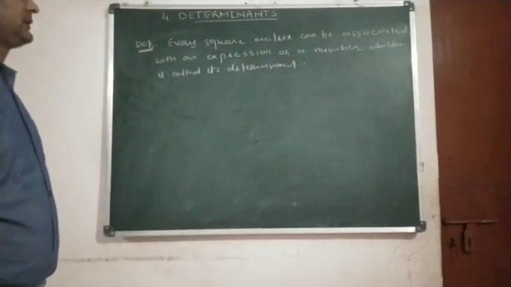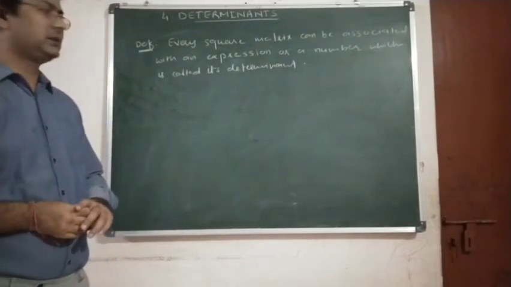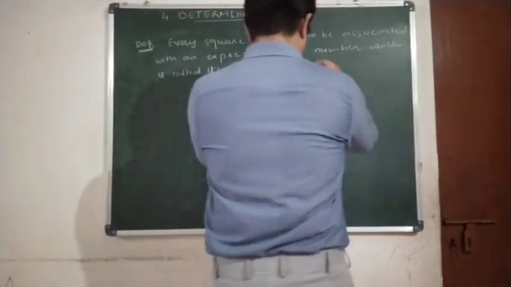Okay, so every square matrix can be associated with an expression or a number which is called its determinant if